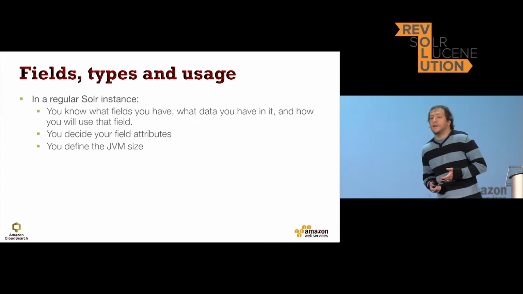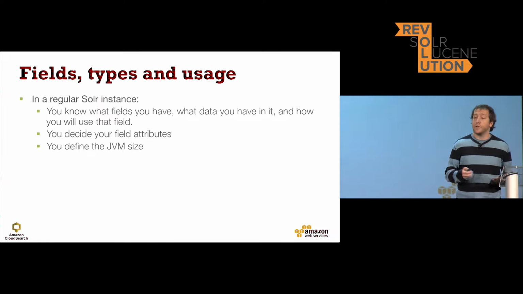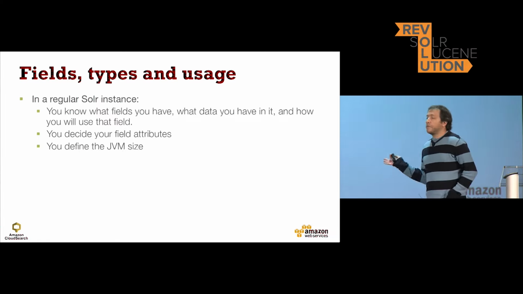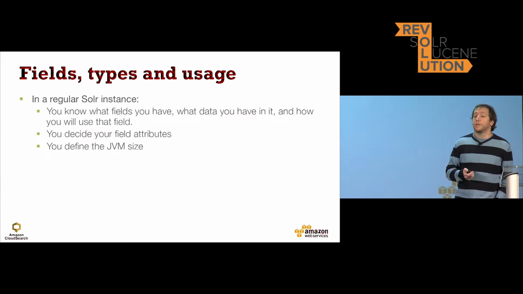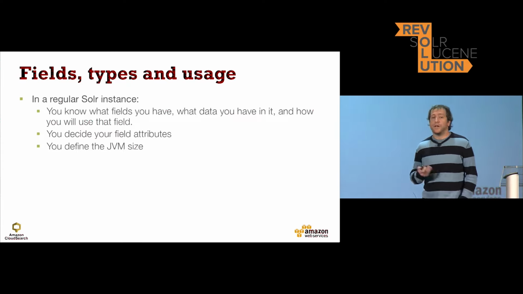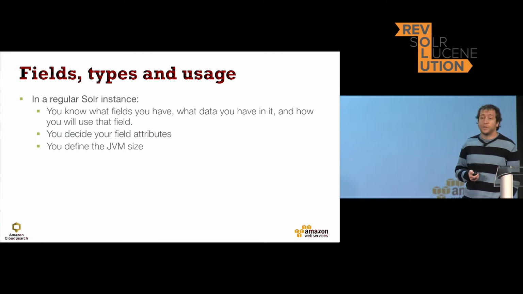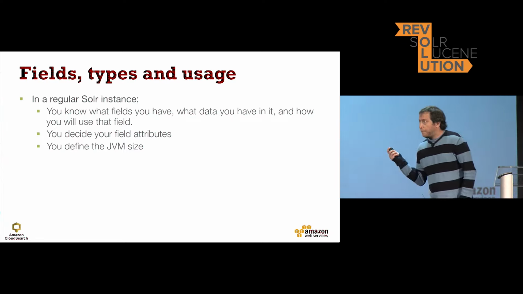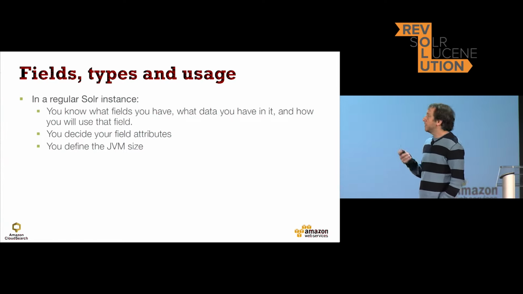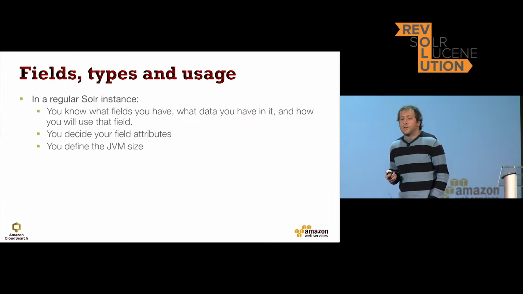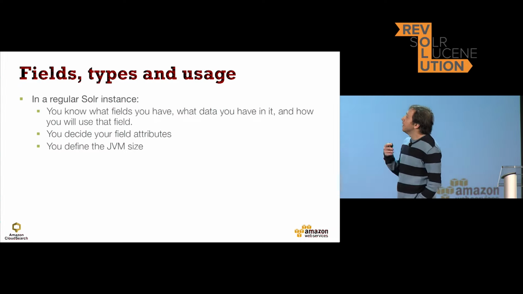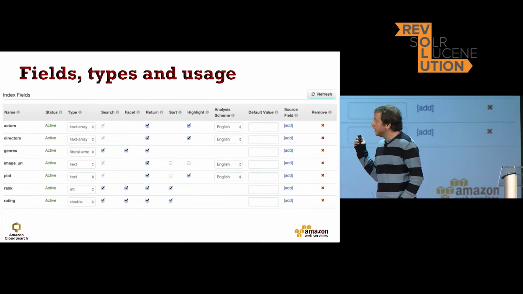and try to assign enough JVM so that you don't get out of memory errors. But at the same time, you don't want to define too much heap to the JVM, because that takes away memory that could be used for the file system cache, plus it makes it more difficult for the garbage collector, right? So part of it we can do with CloudSearch, but part of it we can't. So we don't know exactly what the data is going to look like or what the query pattern is going to look like. So the way we resolve this in CloudSearch, this is